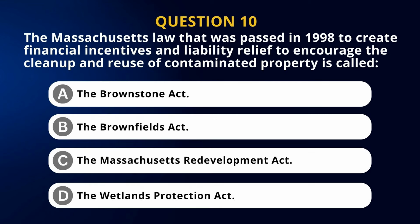Question number 10. The Massachusetts law that was passed in 1998 to create financial incentives and liability relief to encourage the cleanup and the reuse of contaminated property is called letter A, the Brownstone Act. Letter B, the Brownfields Act. Letter C, the Massachusetts Redevelopment Act. Letter D, the Wetlands Protection Act. Question number 10. The Massachusetts law that was passed in 1998 to create financial incentives and liability relief to encourage the cleanup and reuse of contaminated property is called